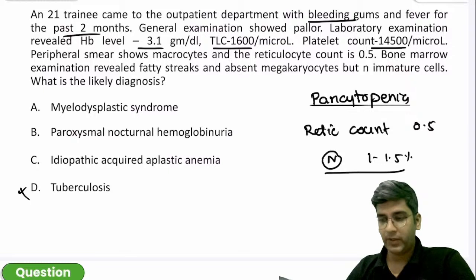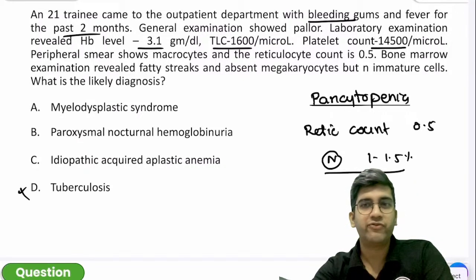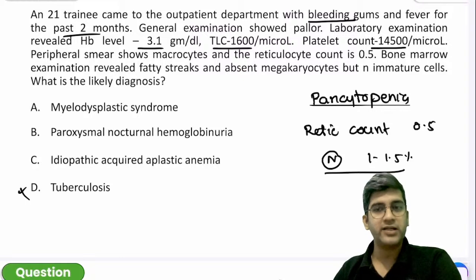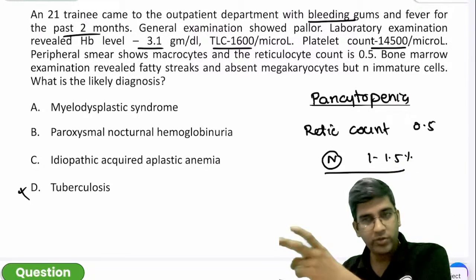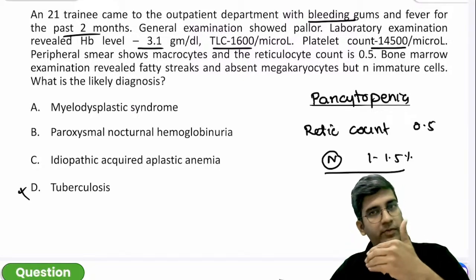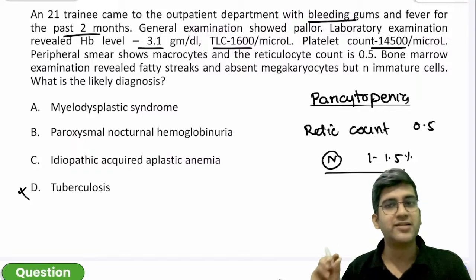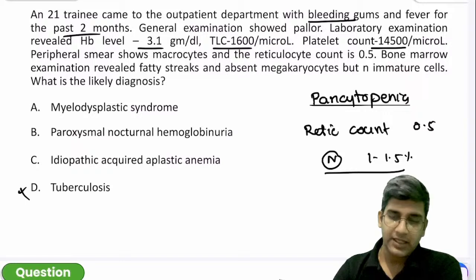Perfect. So now, what does reticulocyte mean? Can I say the reticulocyte count is a predictor of the bone marrow's function? Is that statement right? When the bone marrow proliferates faster, the retic count will become more. When the bone marrow proliferates slowly, the reticulocyte count will become less, right? The retic count is a method to assess RBC or erythroid formation. That's what the retic count is, right?